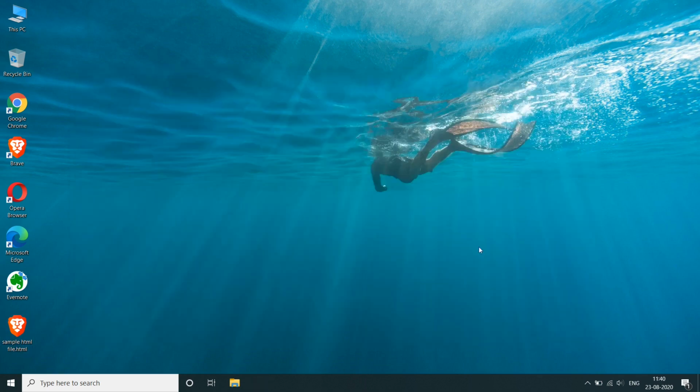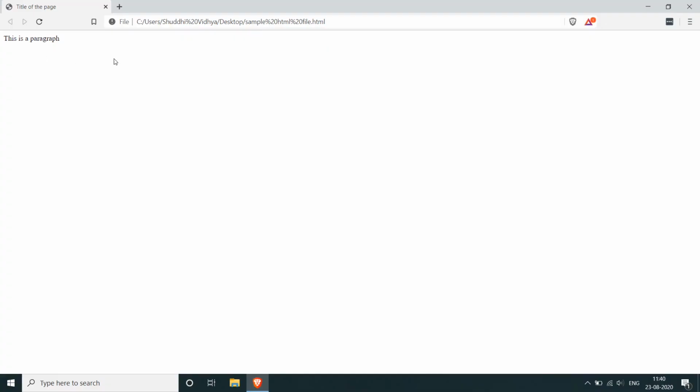So let's close this. Now, as soon as I saved it, you can see that this has the logo of the Brave browser. Depending on the default browser of your system, it could show Chrome or Opera or Internet Explorer or whatever. So what I'm going to do is open this. So you can see that the file is open in the browser and you can see the location of the file. If this was a file on the internet, it would show the URL of the file. But because it is on our machine, it's showing this local file address.